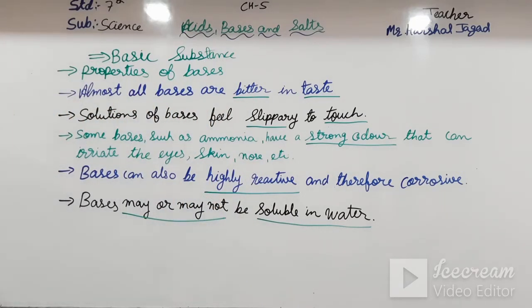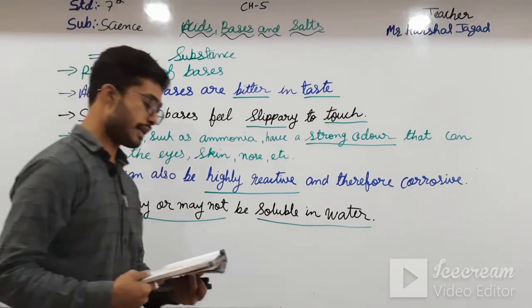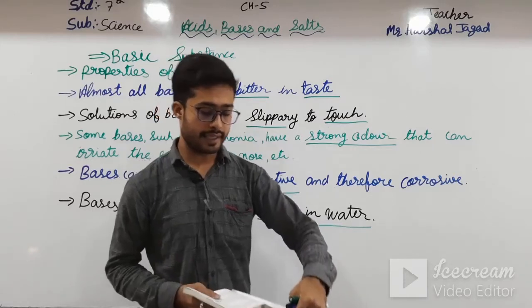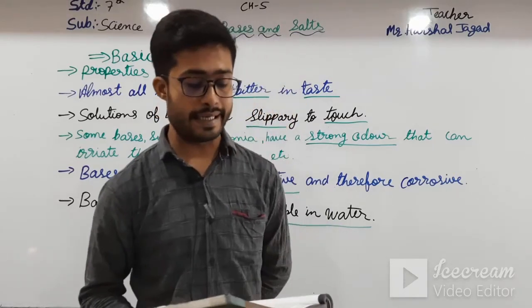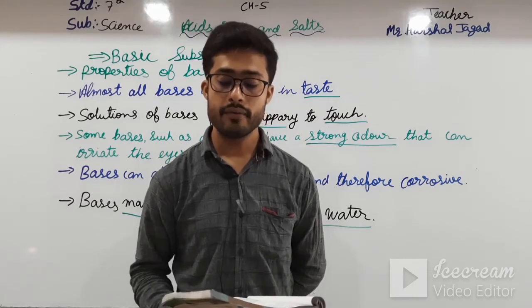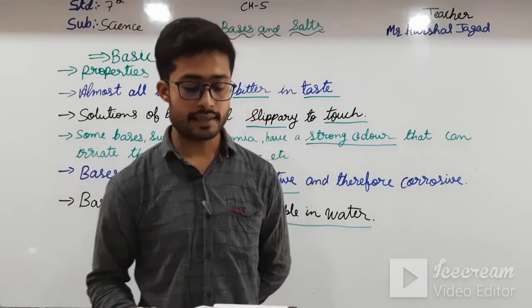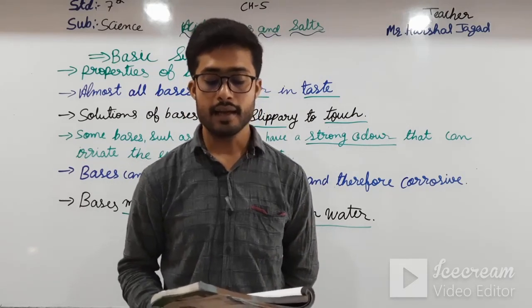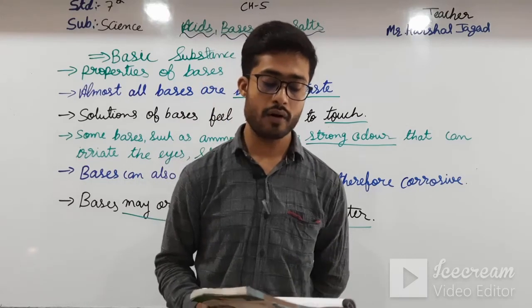Now let us see further, but before that, see here, we will only see the indicator. What are indicators? Okay students, as it is time to end our video, just a short introduction of the indicator. Indicators are chemical substances that show a change in color when in contact with acids and bases. Indicators are widely used in the laboratory to determine whether a given substance is an acid or a base.